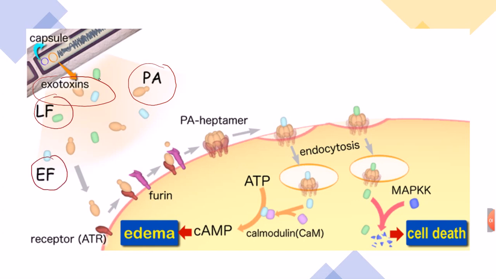You can see over here, the protective antigen hijacks the receptors in the cell, and with the help of the protective antigen, the lethal factor LF and edema factor get inside the cell by the process of endocytosis. And the LF, what the LF did, LF